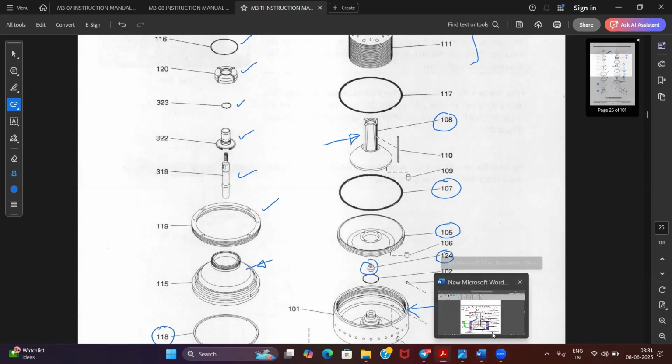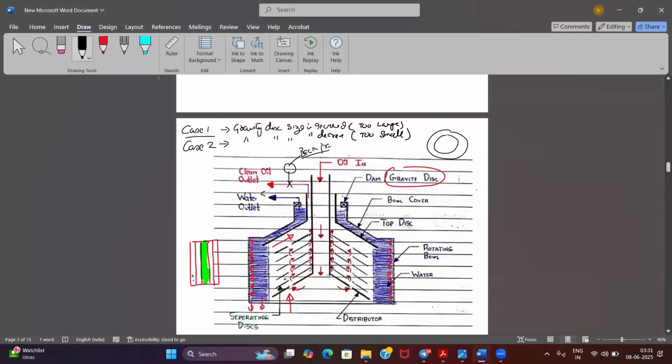Now if I come over here, I'll show you the parts in this thing. This is my back pressure. This is the place from where my oil inlet happens. That is, my dirty oil is going to come into it. After your settling tank, when it comes from the heater, it is going from the center of my purifier from the distributor. It is going inside and is getting fed into my distributor, and it will be going upward